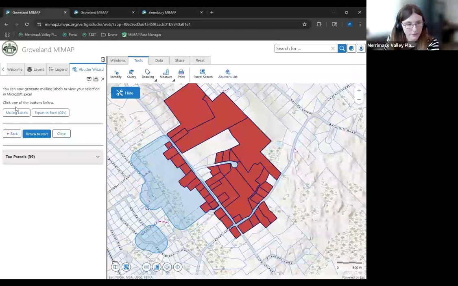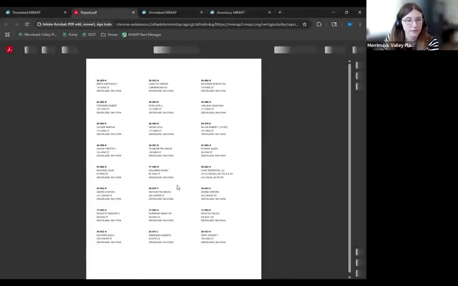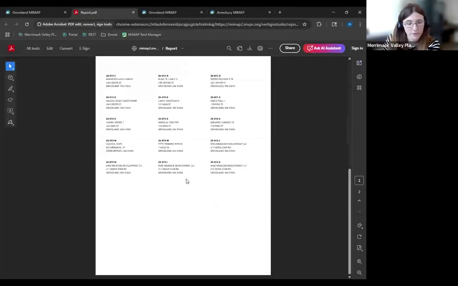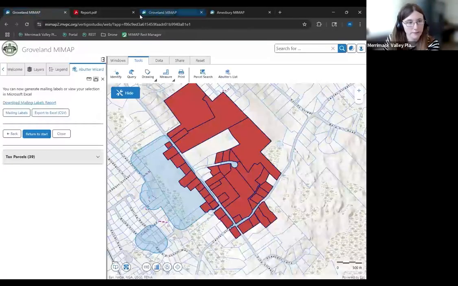And now these are all of my final ones, and you can just generate your mailing labels here. But you can also go back if you wanted to change anything that you started with or restart from the very beginning. So now you can see the mailing labels have been generated. You can just hit this to download it, and you'll see these are all your nice mailing labels ready for whatever you are needing them for. This is just based on a regular 8.5 by 11 sheet of paper, so you can just print it out and stick them on your letters.